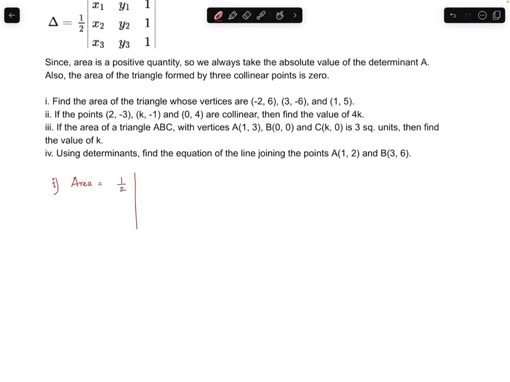Half times the determinant of -2, 6, 1, 3, -6, 1, 1, 5, 1, which is half times the absolute value of the determinant: -2 times (-6 minus 5), minus 6 times (3 minus 1), plus 1 times (15 minus 6),